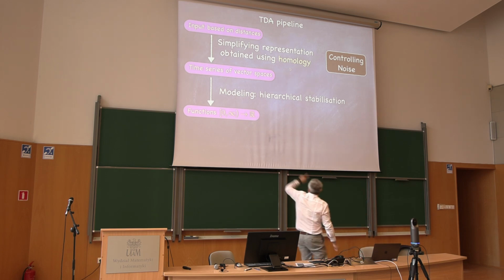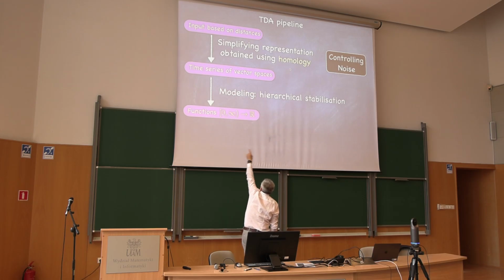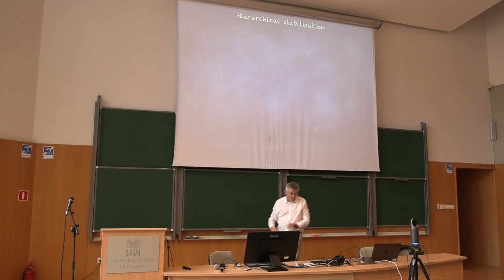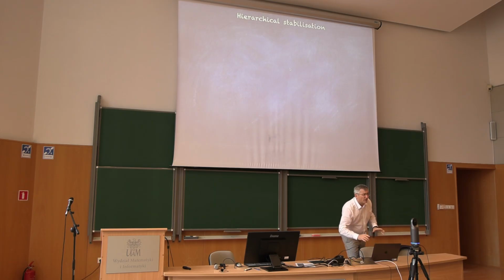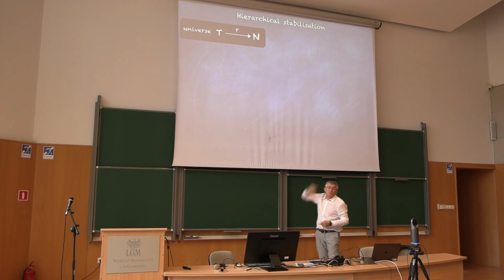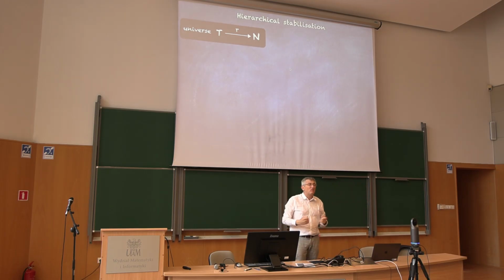All right, so hierarchical stabilization. That's a known universe, that's a space, it's a time series of vector spaces. So you are somewhere in a known universe, okay? What is it that you might do first in order to familiarize yourself with this? Maybe you start looking at objects and it's totally dark. So you start taking an individual object and maybe look at the number of handles it has. Okay. So you have your universe, and maybe the first step is you assign a function to each object in your universe. You assign something simple, some number.